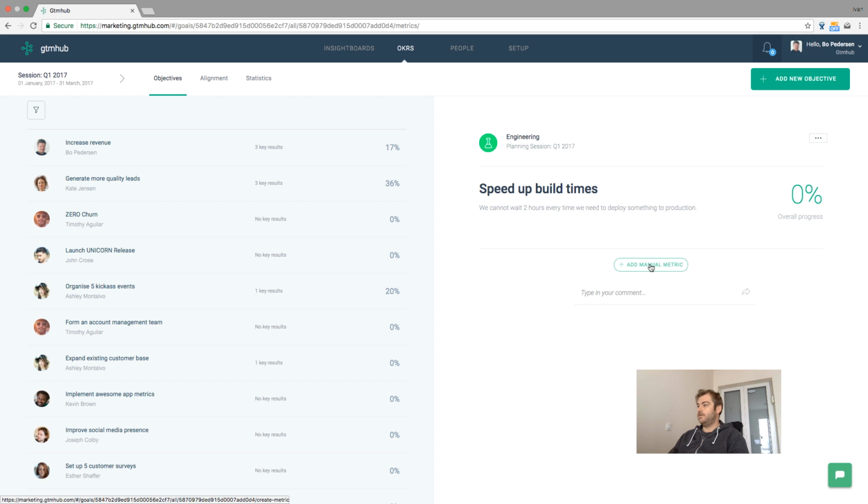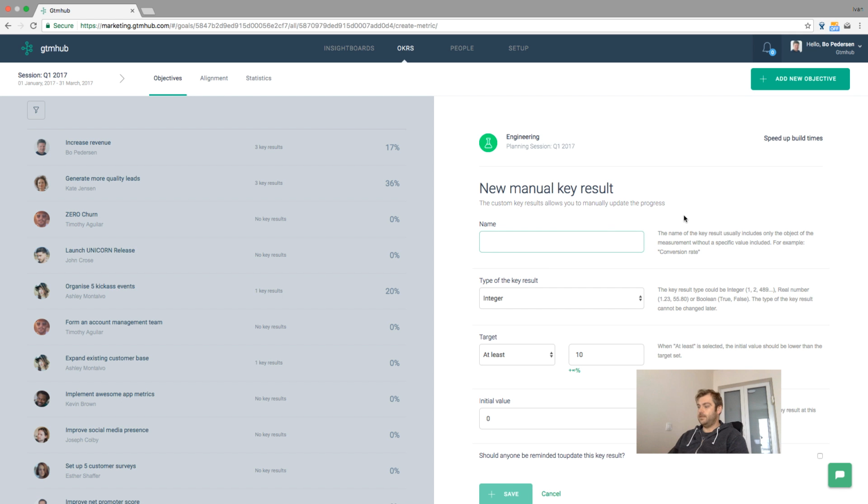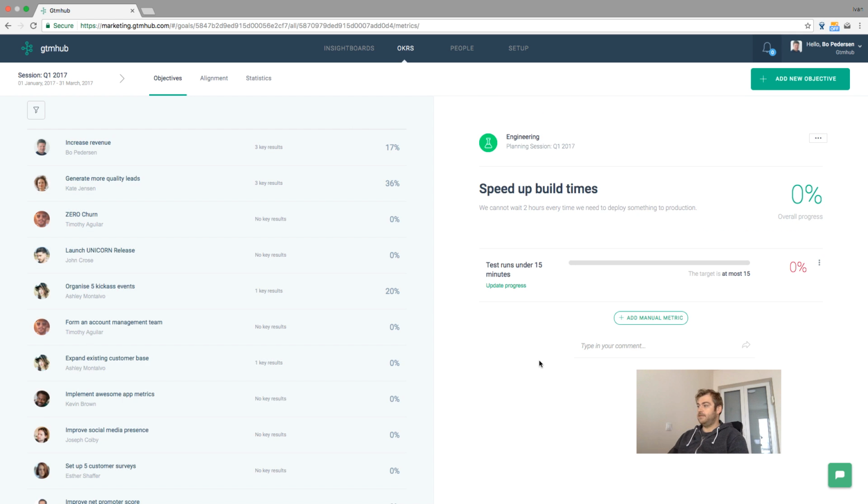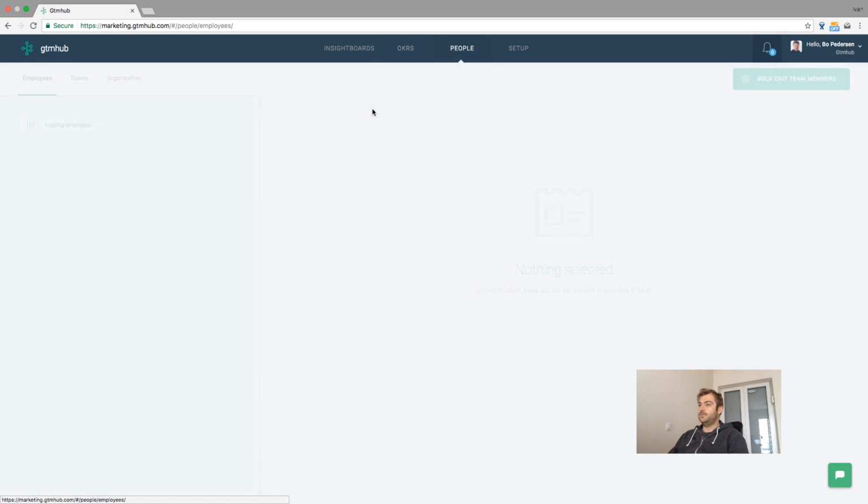And then we can add some manual metrics, for example. We could say test runs under 15 minutes. And we could say at most 15, and the current value is now 20. So click save, and then when we go back to the people,